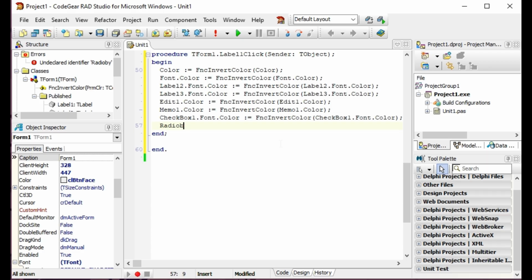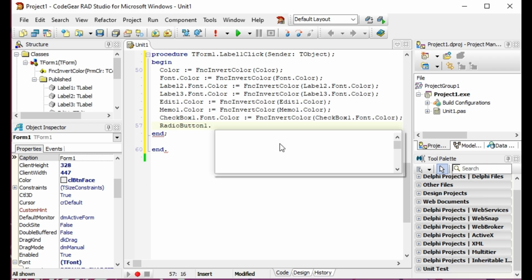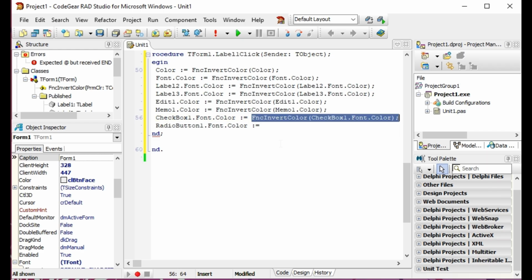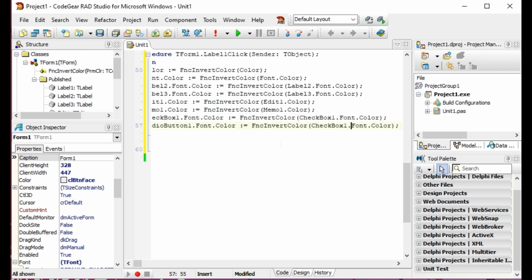I'm changing the checkbox and radio button font color, and we will see what's going to happen.